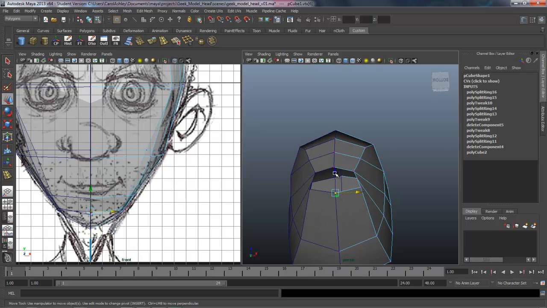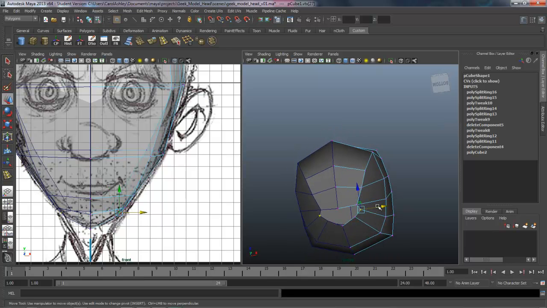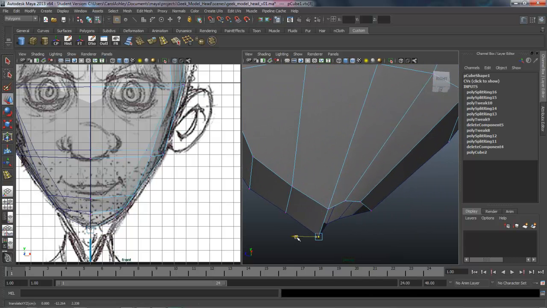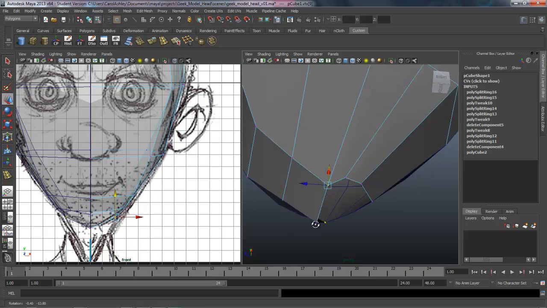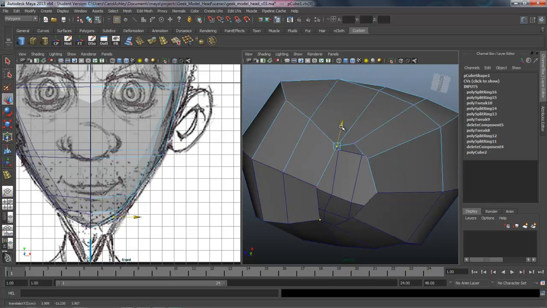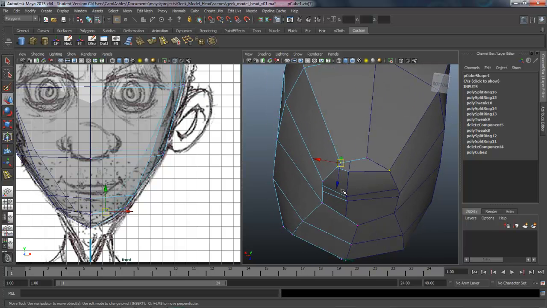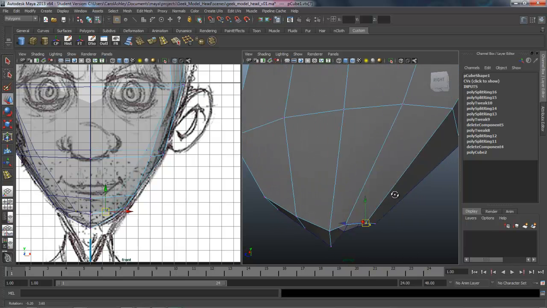All right, so you could probably push this back just a little bit and then start bringing these points in and rounding out his neck a little bit. And again, he's got that really tiny neck that we're going to be dealing with. So it's going to be a little bit of a challenge to shape this here. Probably have to come back a few times and make some adjustments. Okay, so that's starting to work there. It's starting to round out.